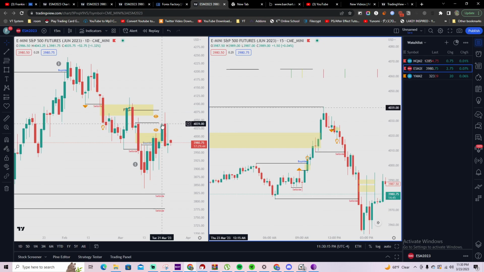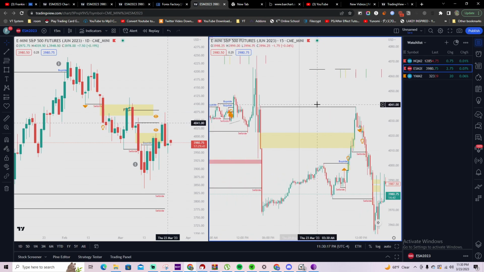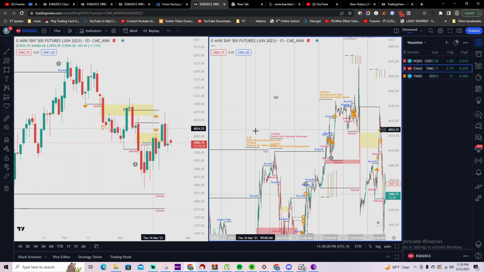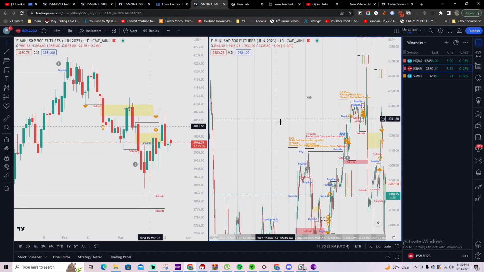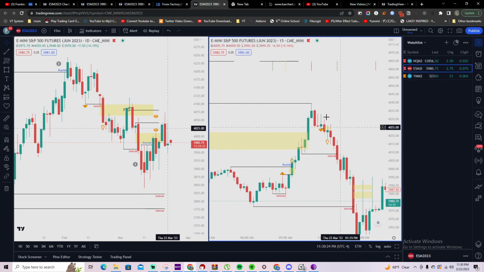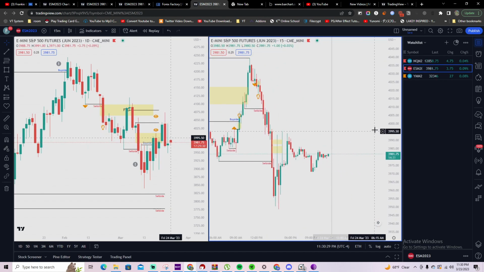I guess maybe, looks like it's maybe a high from another day. I don't know. I don't exactly know why it traded here, besides that it was rebalancing that very inefficient volatile movement on the